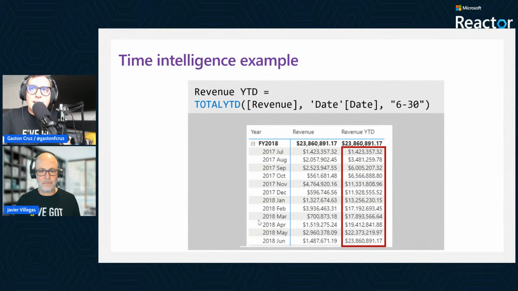And you can see here how that goes, because in this case, I'm creating a measure with revenue year to date, and the function itself, TOTALYTD, allows me to get the revenue calculation and then set up the context of that date. So it's getting every single month and it's calculating on the fly. You can see that every single year, and it doesn't matter if I am using the year 2018 or 2020 or 2025, the measure itself is going to calculate the revenue year to date, setting up the context of where I'm using that measure itself.